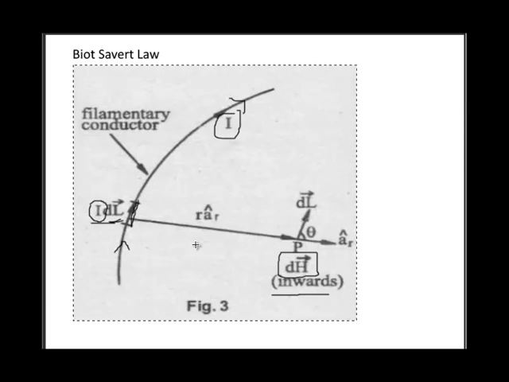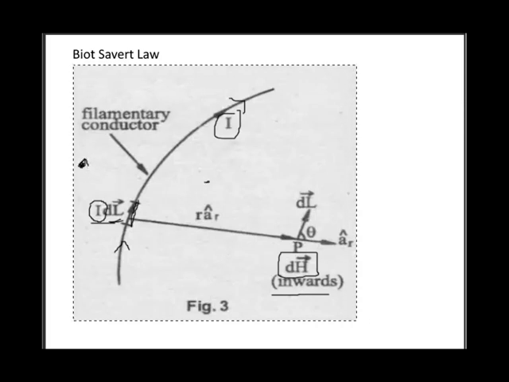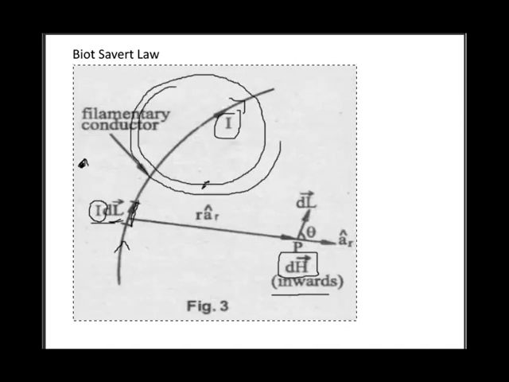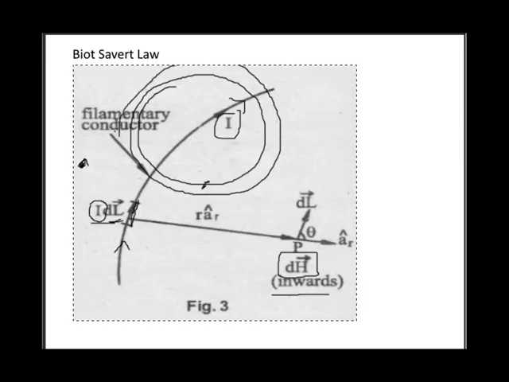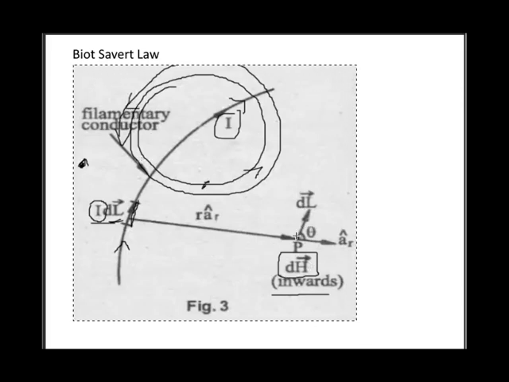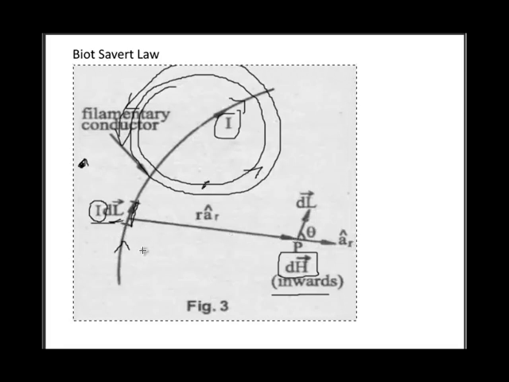In this case, it is inward on the right hand side, but on the left hand side it will be outward. So here it will be outward, on the right hand side it will be inward. So it is of curve nature. The magnetic field will rotate around the filament in this direction. So magnetic field intensity can be obtained at any point in the space around the current carrying filament.